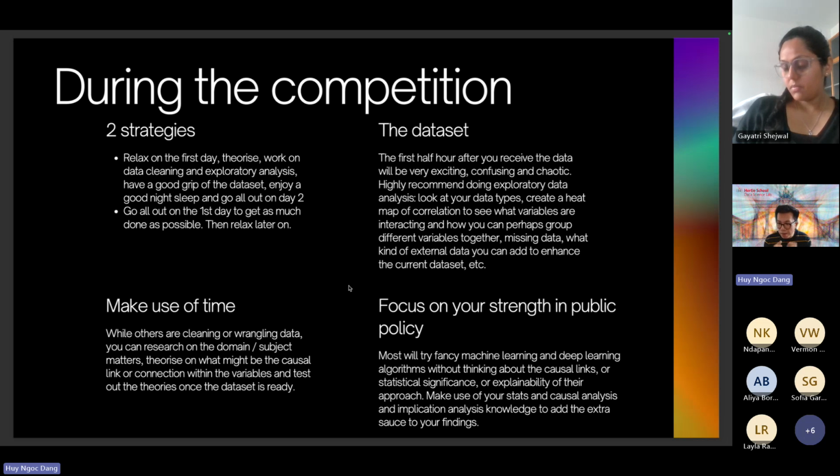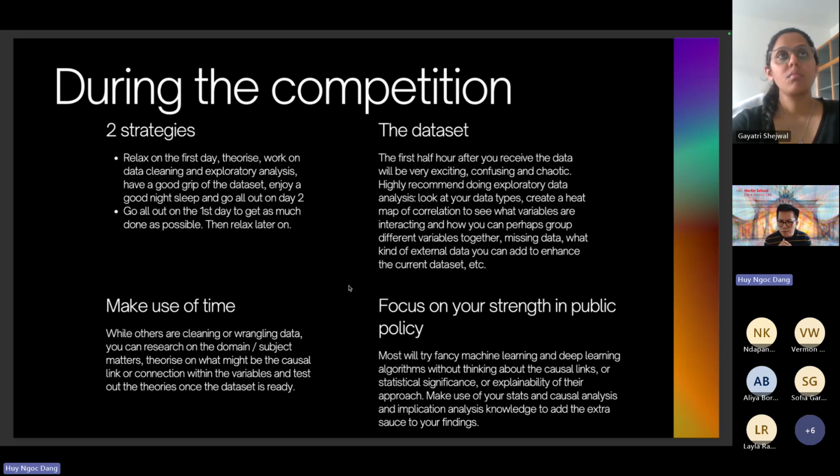Then what I would highly recommend is for the first half an hour to an hour to just not do any coding, right? Just sit together, look into the data, look at all the columns that you can, and if there's a codebook, look into all the variables and what they actually mean. Do some desk research together on this particular topic and this particular industry that the dataset is perhaps about. Then you have a clearer idea of what you're up against, right? So the first hour, maybe even 2 hours, just don't do any coding. Just sit and look at the data and let it marinate in your brain, so that you understand a little better what the data is.